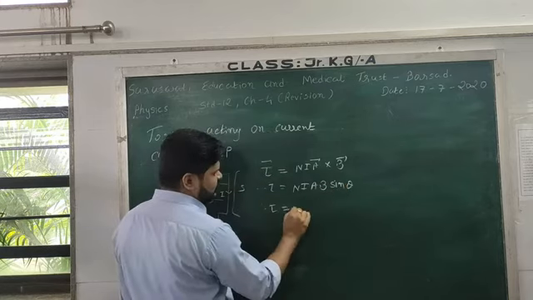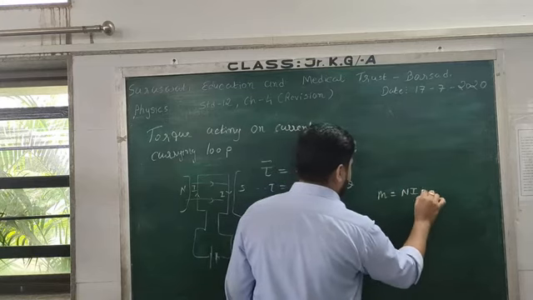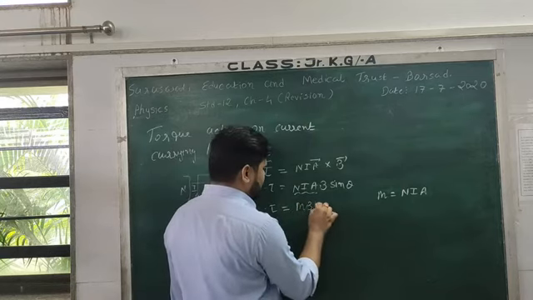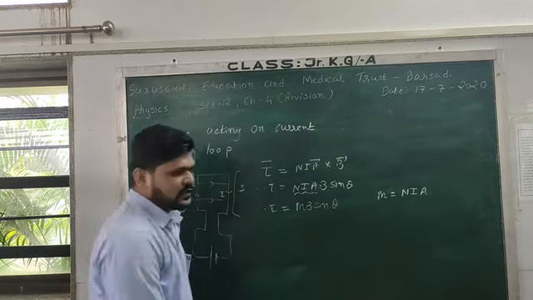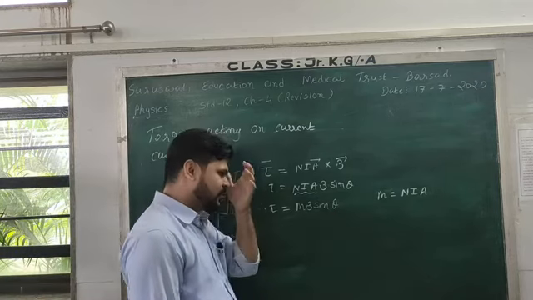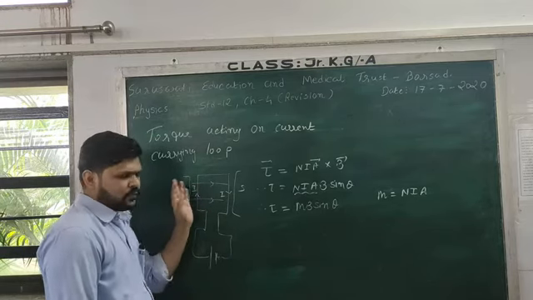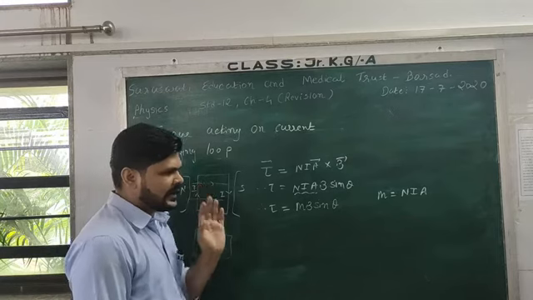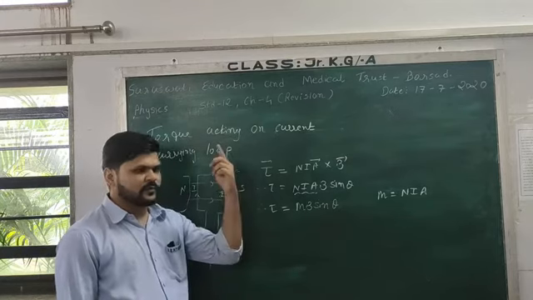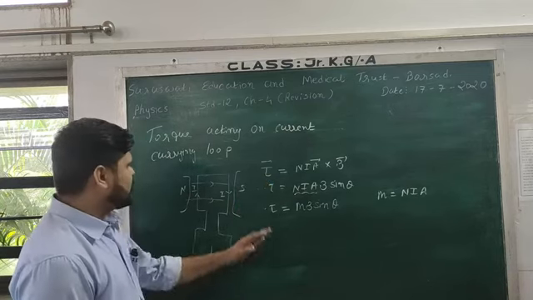Or else we can also say that this NIA is the magnetic dipole moment. So we can say that torque tau equals MB sin theta. We can take various cases when theta is 0, 90, and 180. This is the torque acting on a magnetic dipole or current carrying loop, which actually acts as a magnetic dipole. Now compare this formula with the chapter number 1 formula for torque, that is pE sin theta.